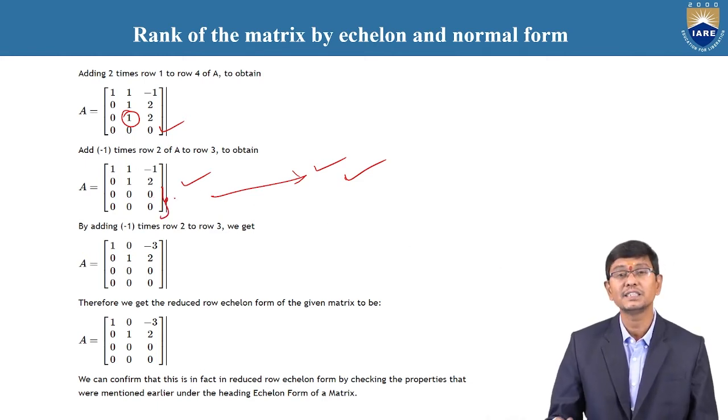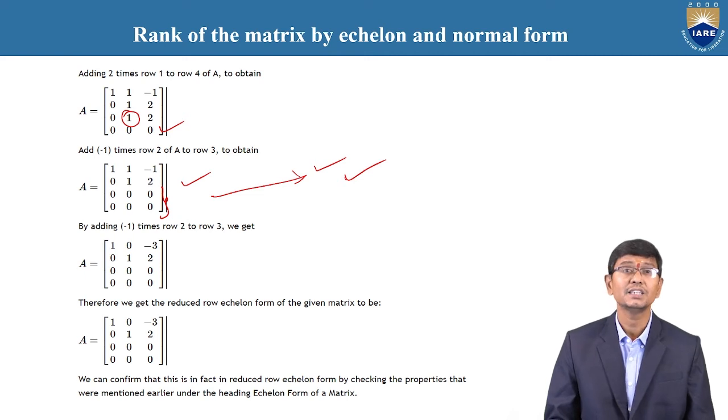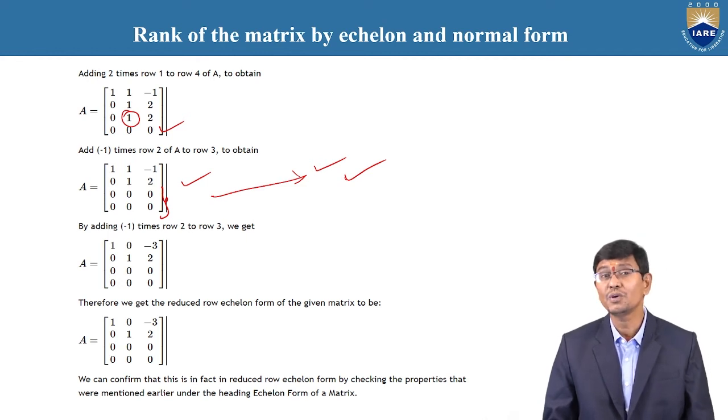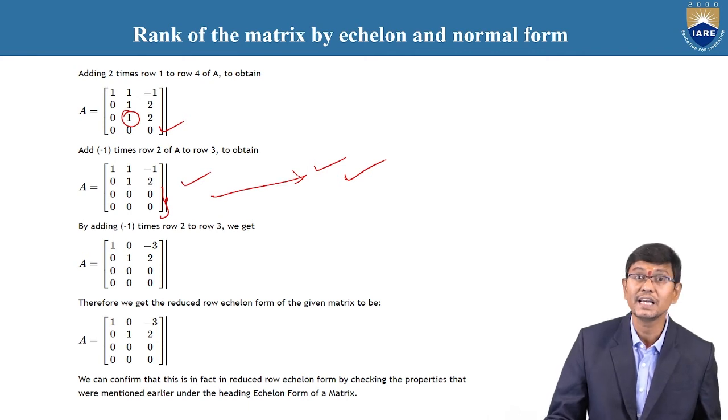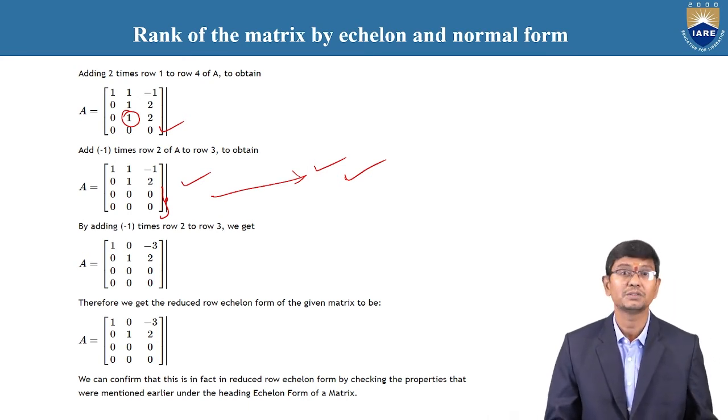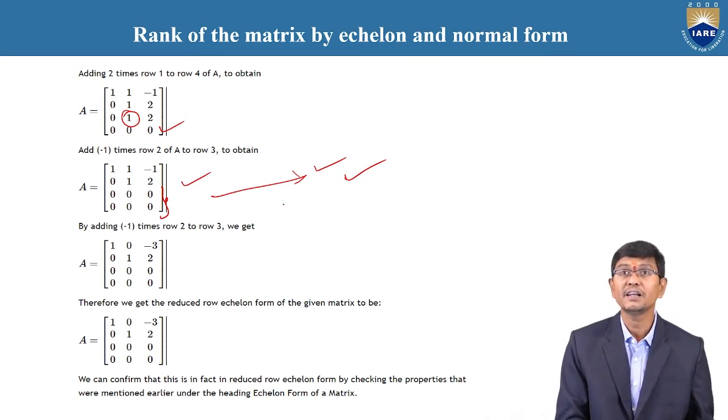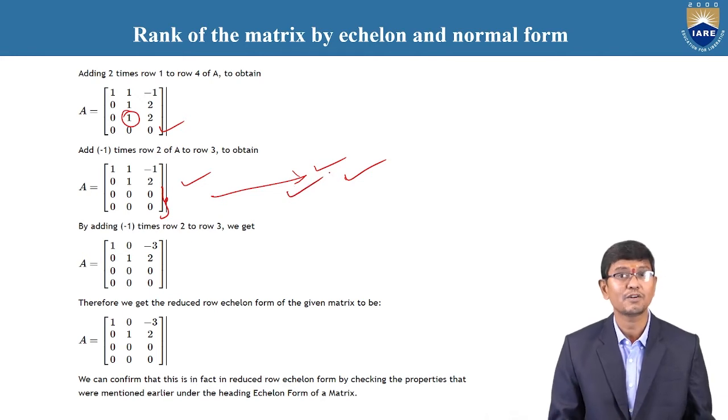And again, the first condition is clearly satisfied. The second condition, the first non-zero element is the value 1, that is also clearly satisfied. And the third condition, before the non-zero number 1, the zero rows are in increasing order, that is also satisfied. Therefore, this matrix clearly satisfies the echelon form of a matrix.